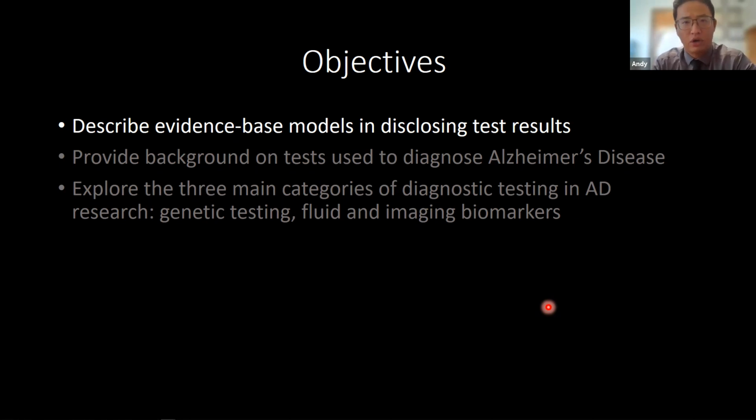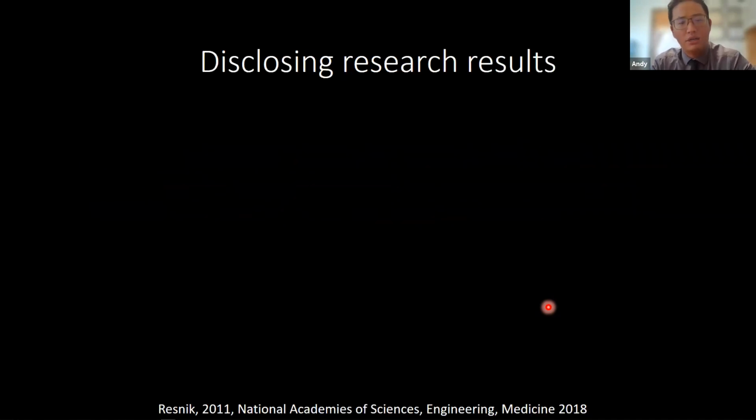I'd like to first start off with just the disclosure of research results. To know this is really to know the history a little bit. I think beginning in the early 90s and since then, there's been a very large push to disclose research results to participants. I think there's that balance in clinical training between autonomy and doing no harm. So I think it's definitely been skewed towards respecting the participants' autonomy and allowing them to know what their research